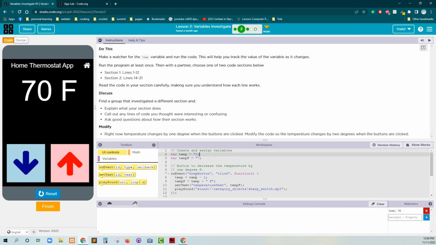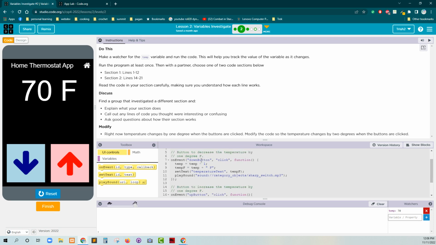Then let's look at lines 1 through 12. We've got our variable temp and our variable temp f. And if you'll notice, this is a number and this is a string. Then all the way through line 12, this is the button to increase the temperature by 1 degree Fahrenheit,